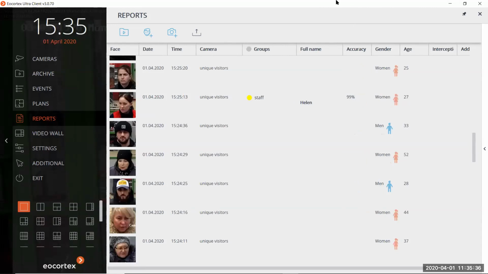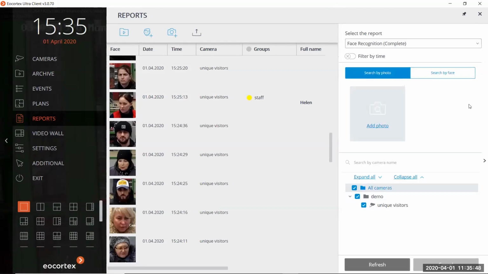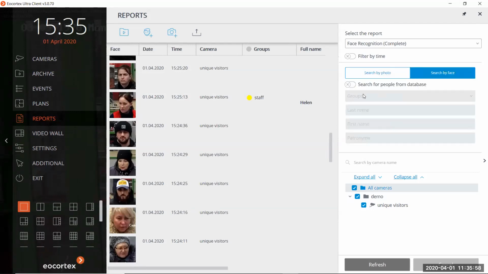Then we can also from here add the person to the database, add a photo to this, let's say, account. And here we also can use a very interesting function, the search by the face. So we can search for a person from the database. For example, search for all people from whitelist or staff.